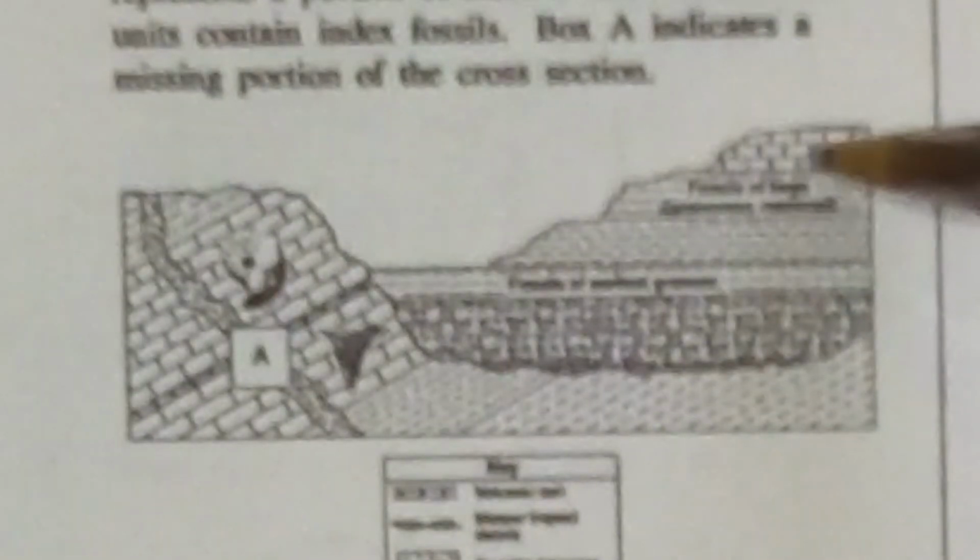Now you'll notice that the horizontal rock layers are on top of the tilted layers. We could say that the horizontal layers are above the tilted layers. What evidence shown in the cross-section indicates that the basalt rock unit is the youngest rock unit? This basalt layer goes all the way, it cuts across all the other rock layers. Also, we have the contact metamorphism